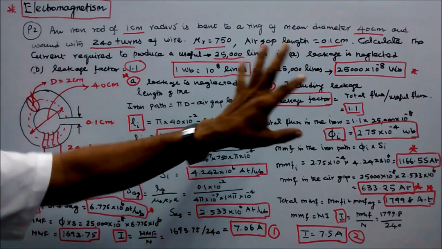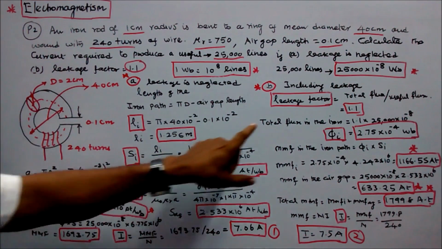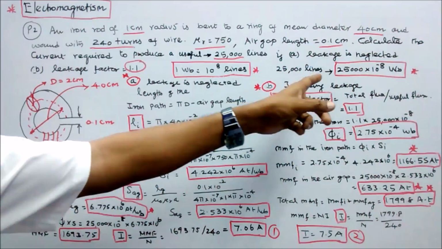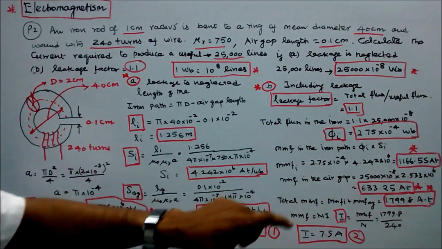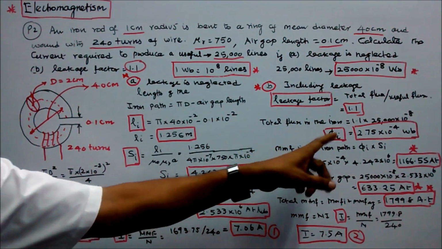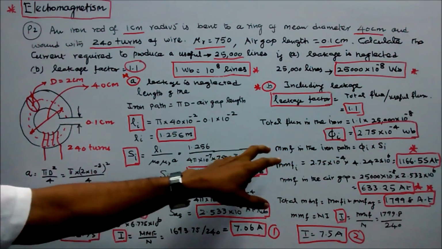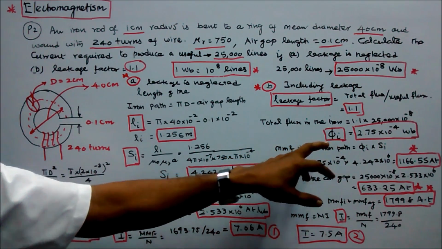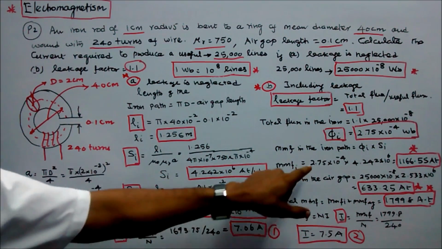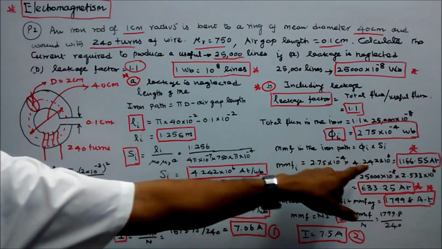Case 2, including leakage. Now we have to find the total flux in the iron. Total flux in the iron is equal to leakage factor into 25,000 into 10 power minus 8. Total flux available in the iron is equal to 2.75 into 10 power minus 4 Webers. MMF in the iron path is equal to total flux into reluctance of the iron path, 2.75 into 10 power minus 4 into 4.242 into 10 power 6, that is equal to